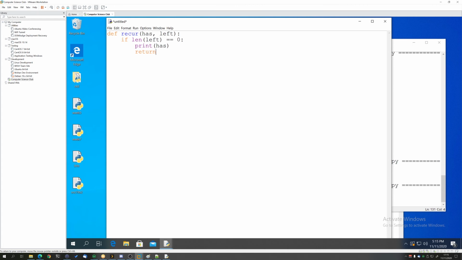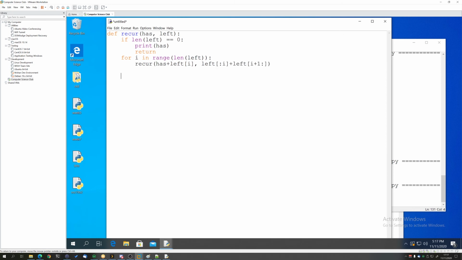So then once we are left with no more letters that we haven't chosen yet, that's when we stop. Next, now every time we're building a string, what we want to do is we want to use every single letter that we have left. So to do that, we can just say for i in range, len of left. So we're going to now go through every single letter and we're going to create a new branch off of that. So we're going to add the letter that we chose. And then after, we're going to remove that letter from the list of letters that are available.